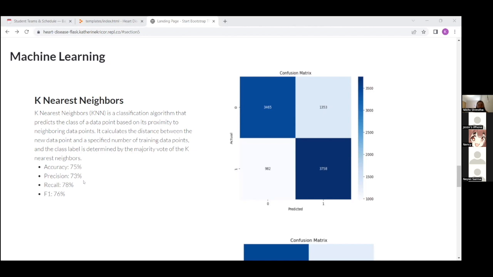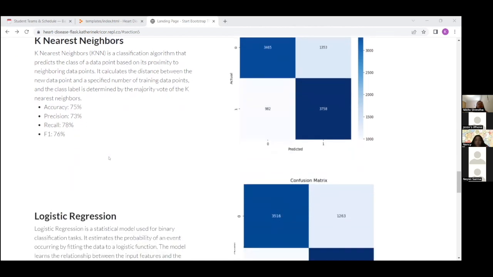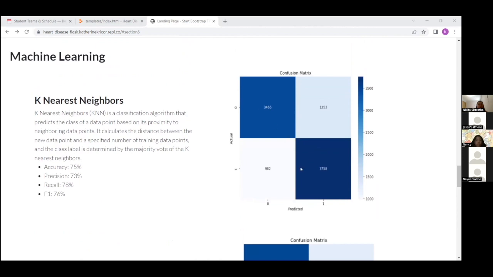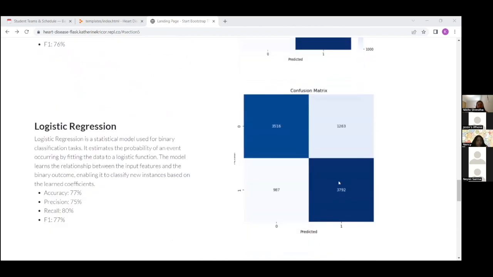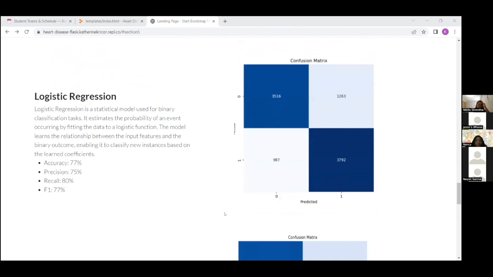So to fix that, we made a new data set that had equal amounts of people who had heart disease and no heart disease. This made the accuracy and precision scores a lot closer. So the model was actually trying to figure out whether they had heart disease, not just guessing the same thing over and over again. Also, you can see on the right side, we have the confusion matrix, which shows the predicted versus actual heart disease.